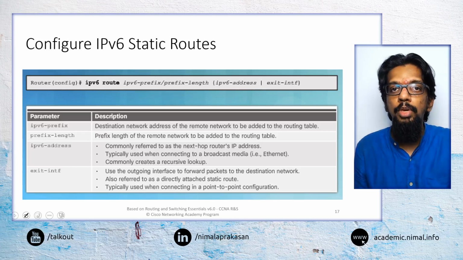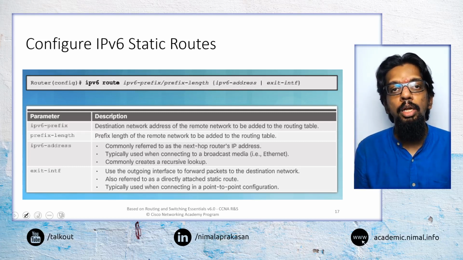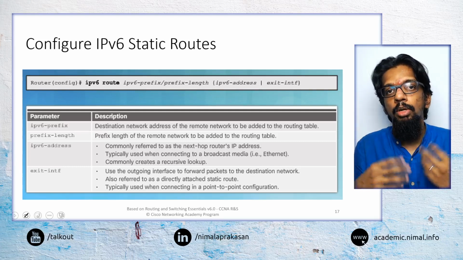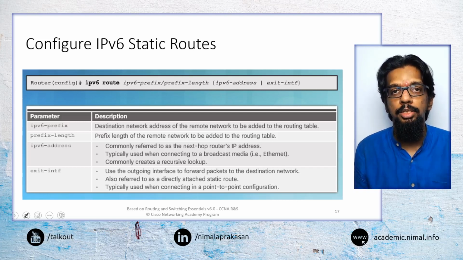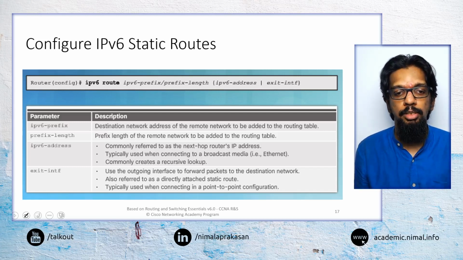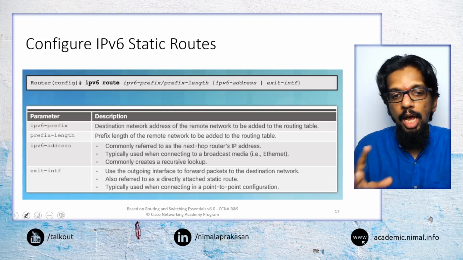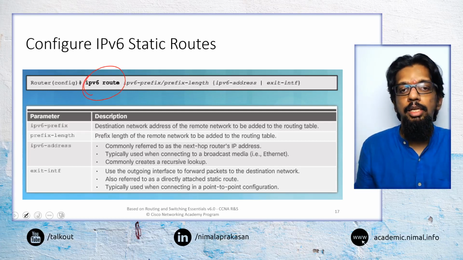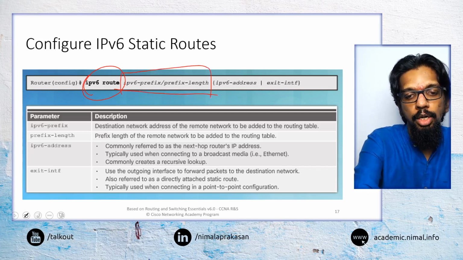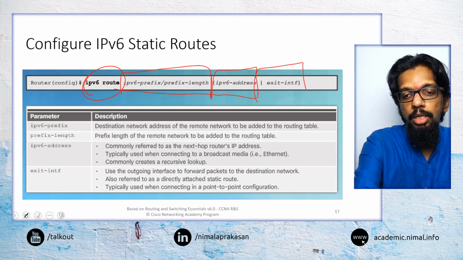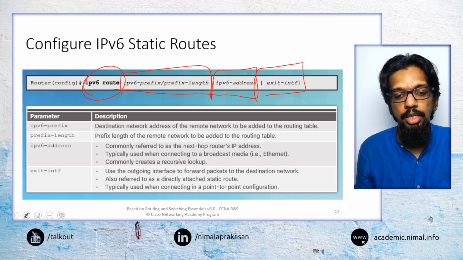Say for example, for IPv4 we can have a dynamic routing protocol and we can use static routing only with IPv6, or the other way around, or both of them can have static routing. So that is up to our discretion as network administrators. The basic command is largely similar, except we have a slightly different main command to say it's IPv6 route that we are configuring instead of IP route. And the way that we specify the network and the destination router or the exit interface are largely similar.